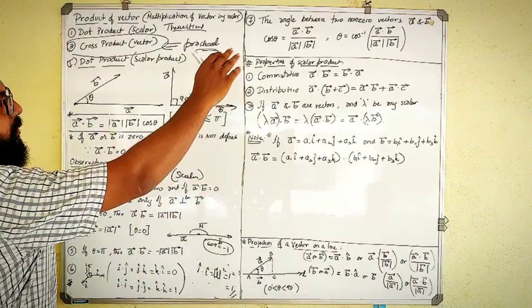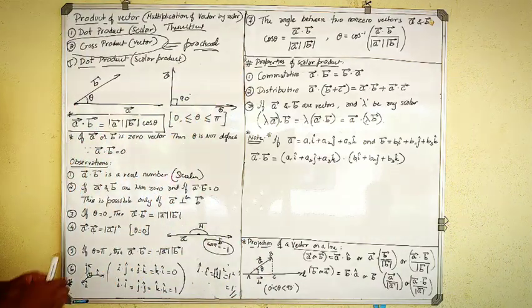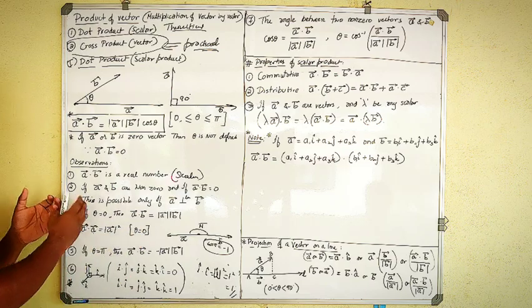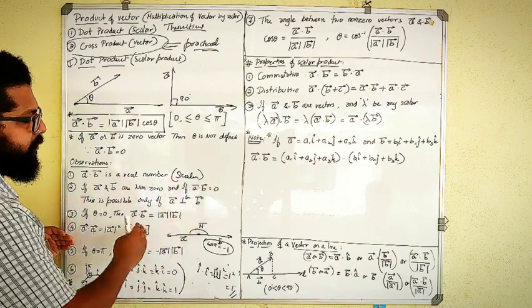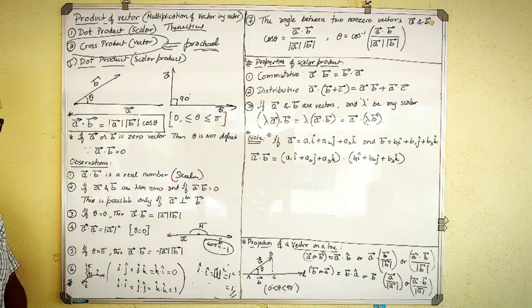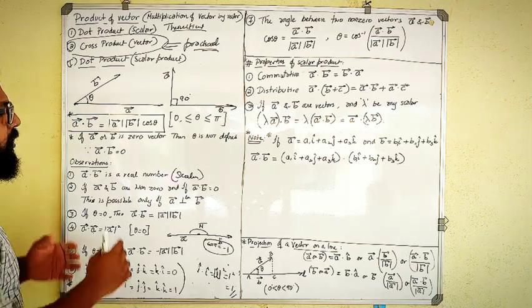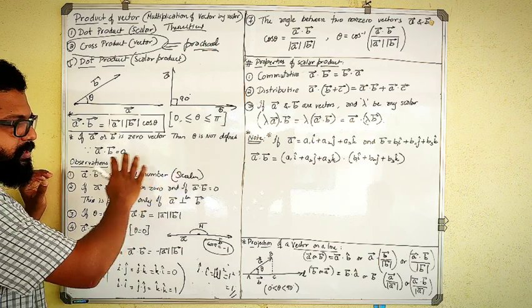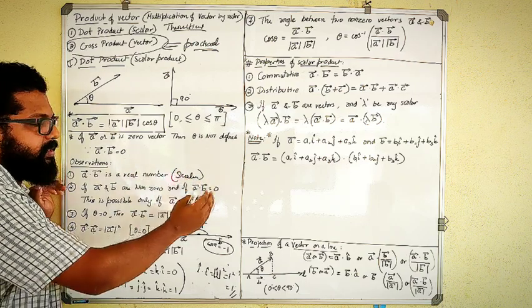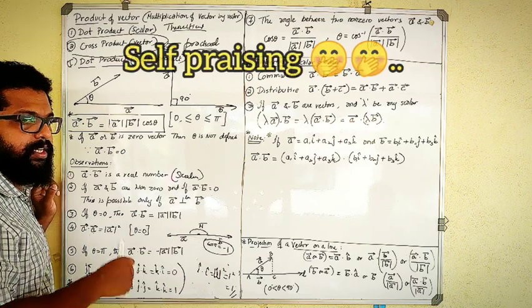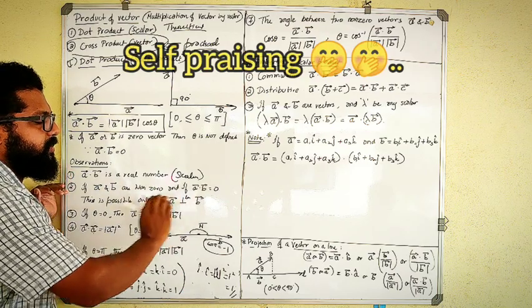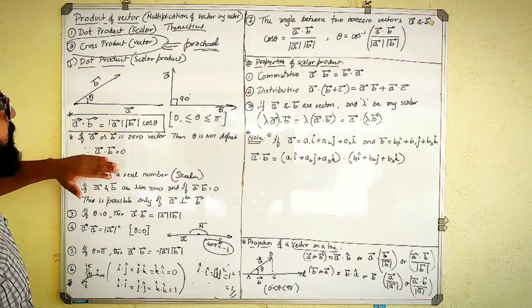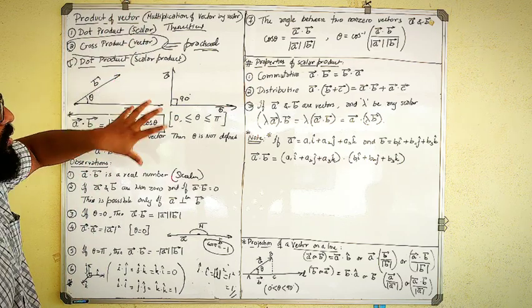So these are the observations. Please understand it clearly, note it down clearly, and these sentences, whatever I have written, are in short form. Please make a detailed sentence of each one of them. You can take the help of your textbook, or you can use what I have taught. My words have complete sentences in my teaching. So listen to the teaching and frame the sentences in detail for all these observations. Clear?